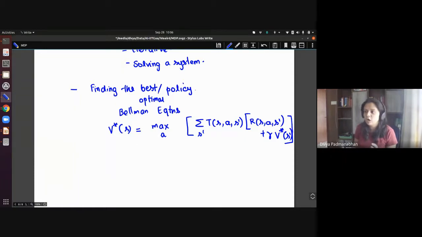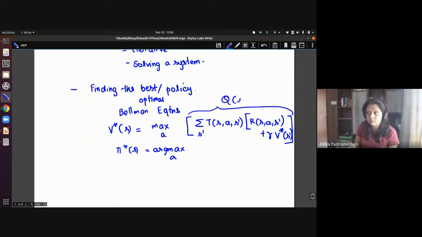So this was how we captured the optimal value. And to get the optimal policy, you just do an argmax. So pi star, the optimal policy, was done using argmax over A. This value is what we called Q of S, A. So Q star actually, because you're always behaving optimally. So what we said is you just take the best action here, whatever maximizes this at each state. And there was an issue about solving this because we didn't have the base cases, right?